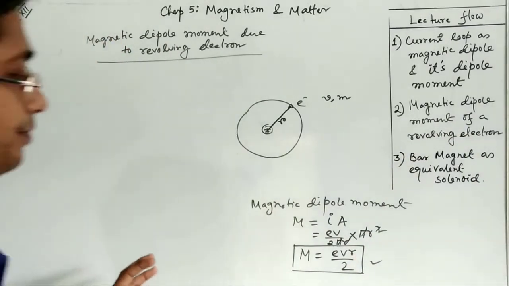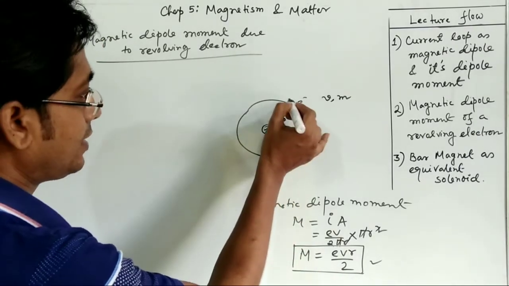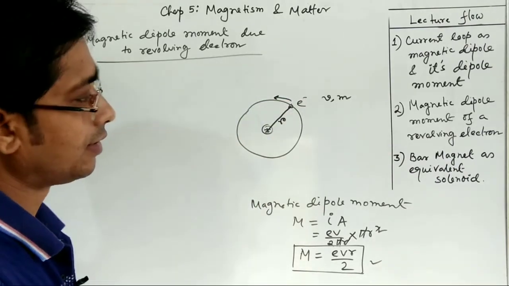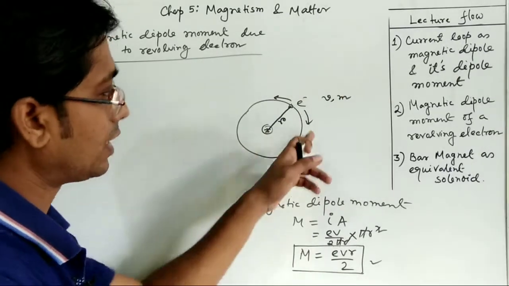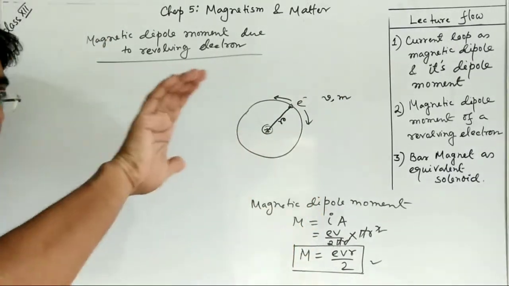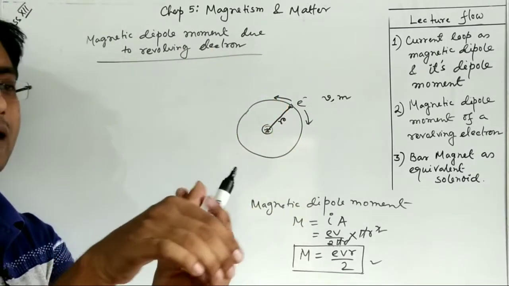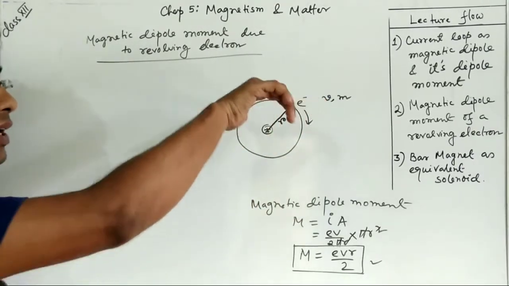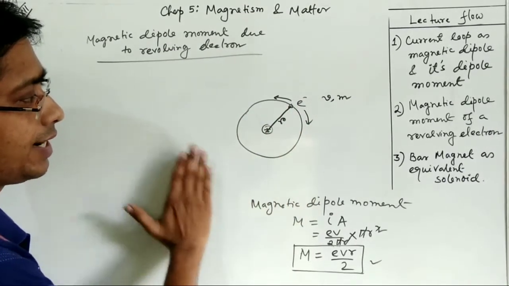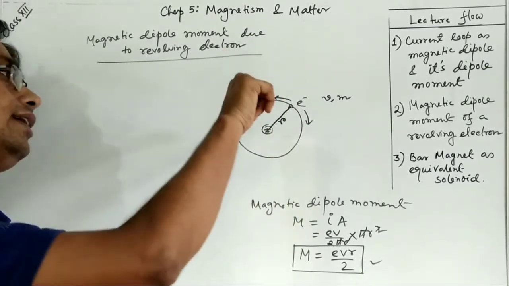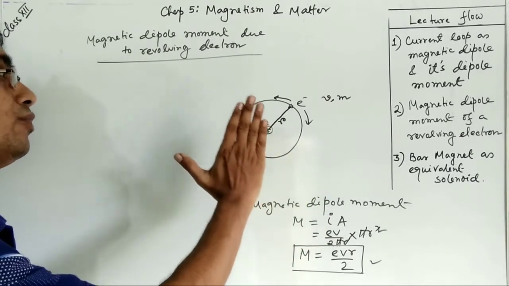Now tell me, what will be the magnetic dipole moment's direction? So the electron is flowing in this direction, but you know the direction of current is always opposite to the direction of electron. Okay, so current is flowing in this direction. So apply these fingers, curl your fingers in this way, then your right hand thumb will indicate the direction of magnetic field. Now if this loop coincides with the plane of the board, then your thumb will indicate the direction of magnetic dipole moment, and that is perpendicular to the board but inward.